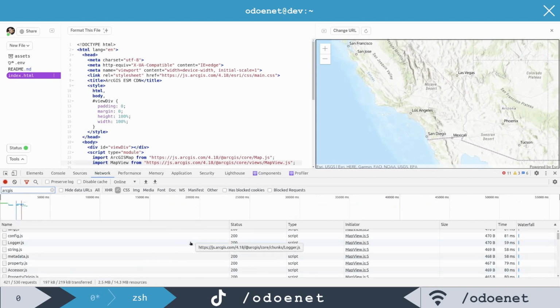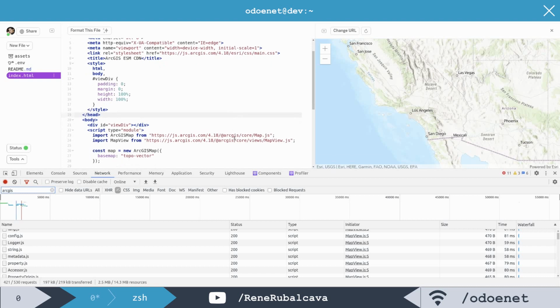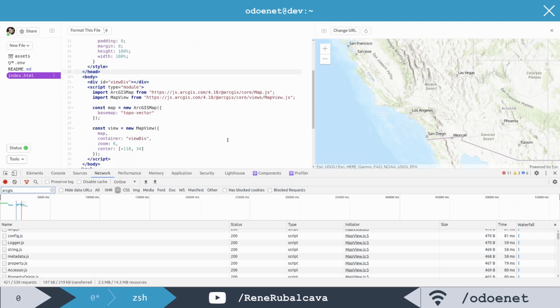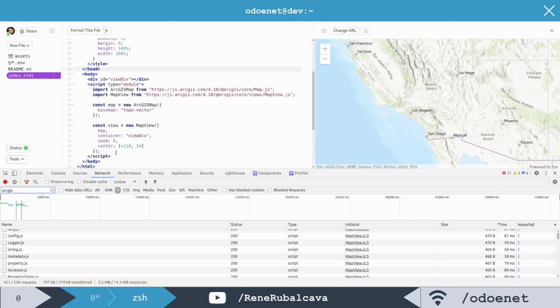And even though H2 can be efficient, it is not going to do well for a larger application that does something more than display a map, for example. But this is definitely something you could use for prototyping purposes. So test out some stuff you want to do with the API using the ESM CDN. And when you're done, go ahead, put it into your build pipeline and build a production ready